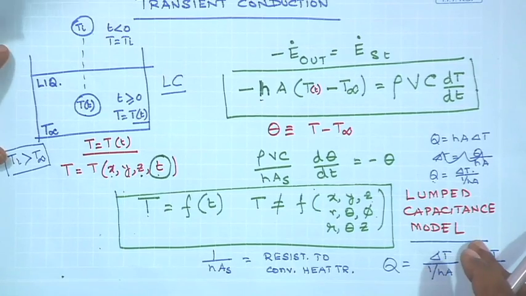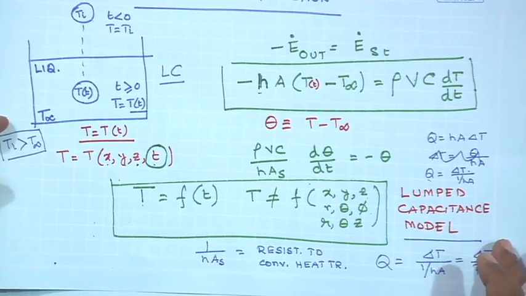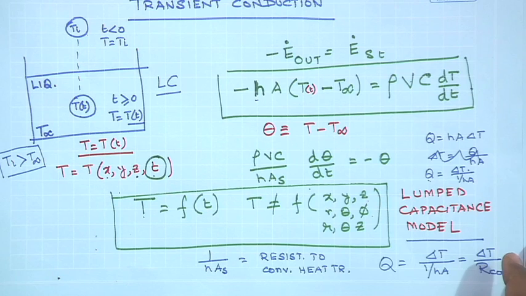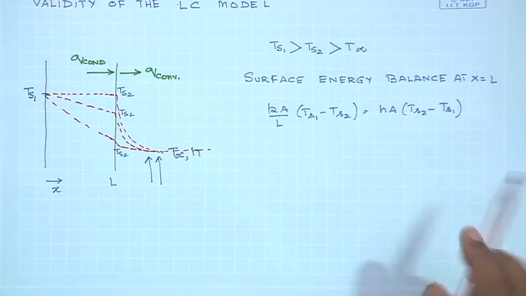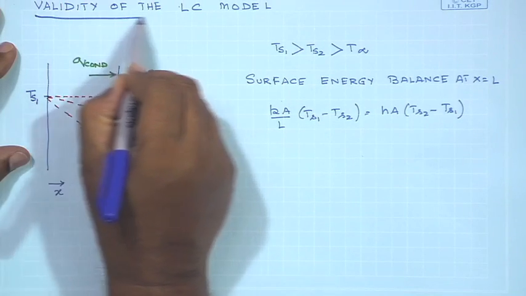So, when I use this lumped capacitance model, the question that would obviously come is when we can say that the lumped capacitance model is valid. What exactly happens in the case of lumped capacitance, or when would it be prudent to use the lumped capacitance model? In order to address this question, I am looking into the validity of the